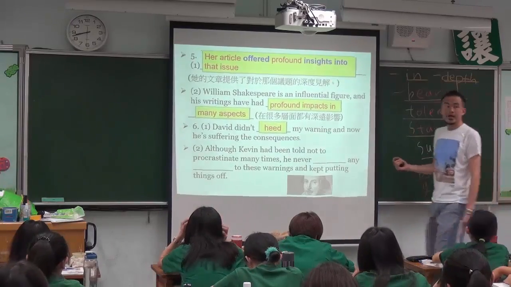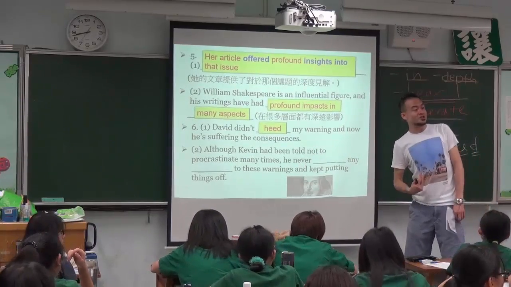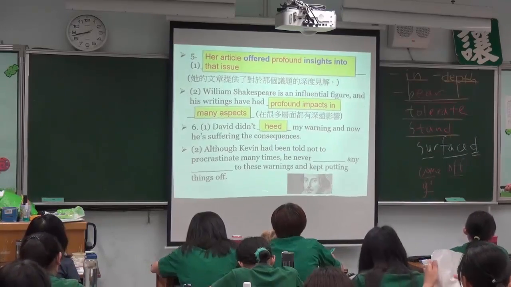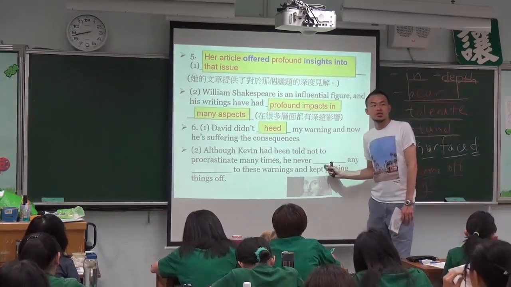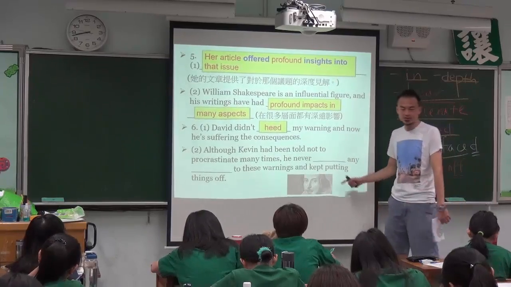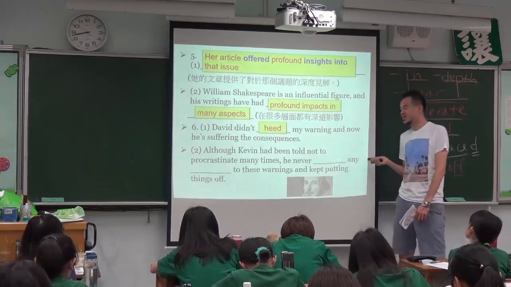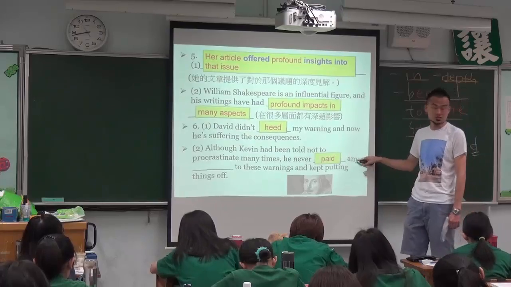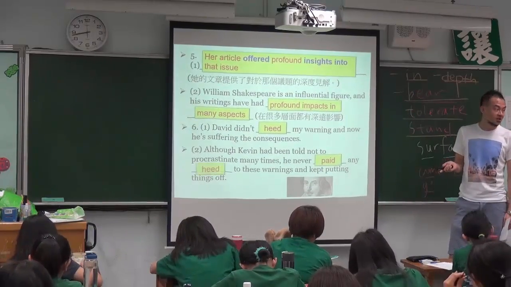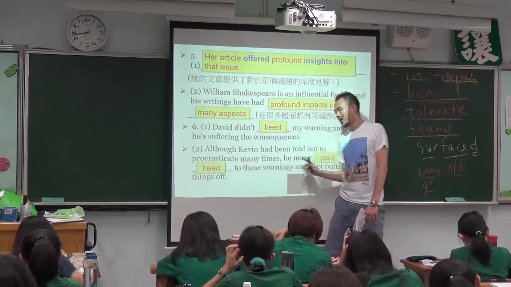Anyway, he never aimed to these warnings and kept putting things off. 这地方只是问 he 的当名词的时候搭配的动词，跟 attention 一样，所以这地方是 pay，不是只有 pay 哦，因为是过去式。OK, yeah, had been, he never paid any heed to。这地方一个片语要注意一下，pay attention to, pay heed